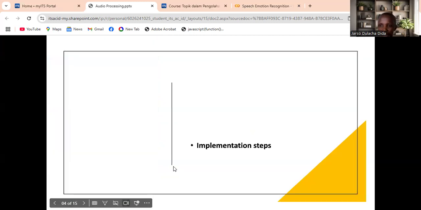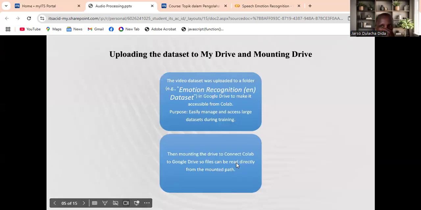The next part is the implementation steps. The implementation started by downloading the dataset from Kaggle and uploading it to Drive.